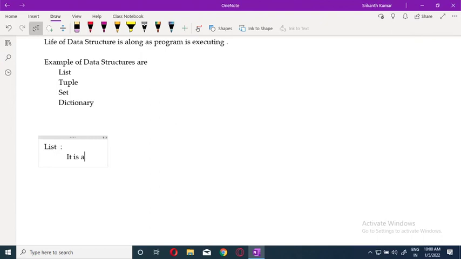It is an object, or you can use container, guys, anything. In Python 3.x you can call anything an object. That is the best way to refer to anything which you are not comfortable with. If you don't know what to speak about there, you can use the word object. So it is an object which can store multiple